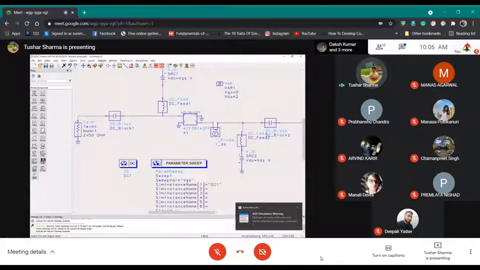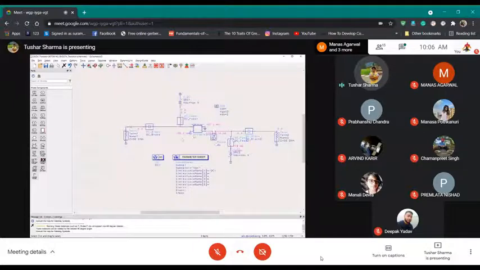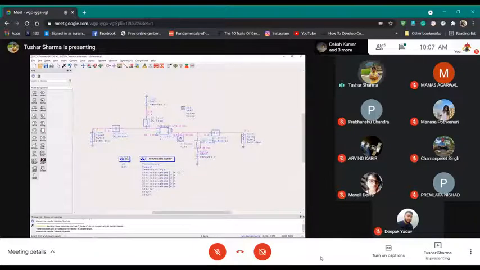Once you simulate it, go to simulate DC annotation, annotate pin current. So it will show you what is the current at each node. So here the DC current is 118 milliamp, which we found by sweeping the curves as well. If you wish, you can go back and press Ctrl Z and reset the DCs to the sweep so that you have it. And with this, we know that my VDS will be 2 volts and my VGS will be 0 volts. This will help me in biasing my transistor in class A operation.